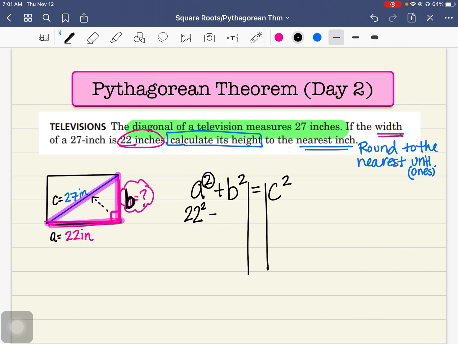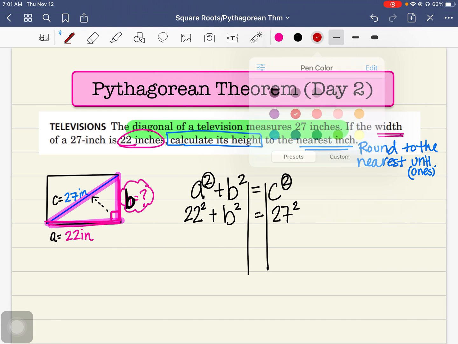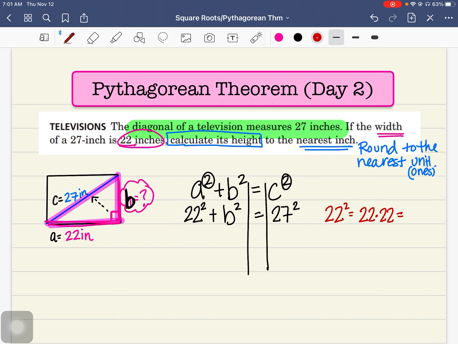So 22 squared, plus B squared, since we don't know B, is equal to C, which is 27, and we also need to square it. As a reminder, 22 squared is 22 times 22,